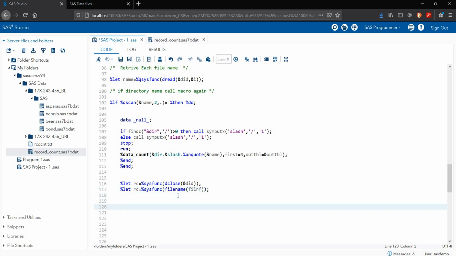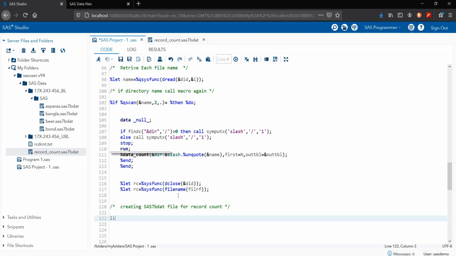Now I'm creating my SAS7bdat file here for the record count.